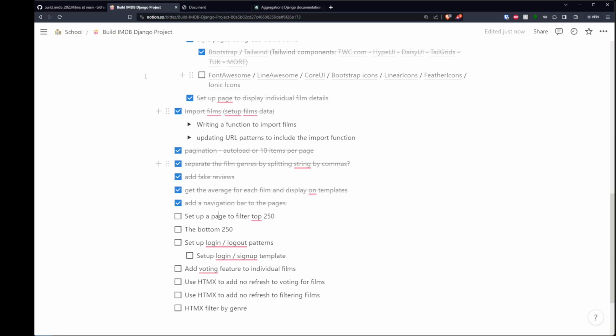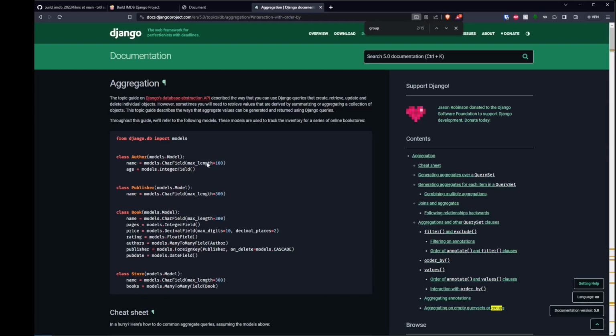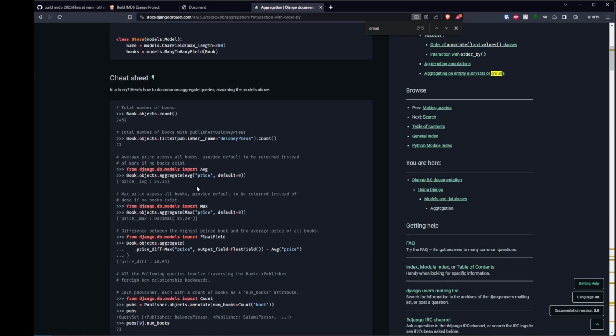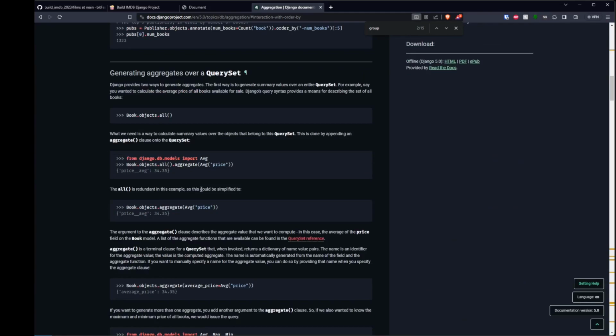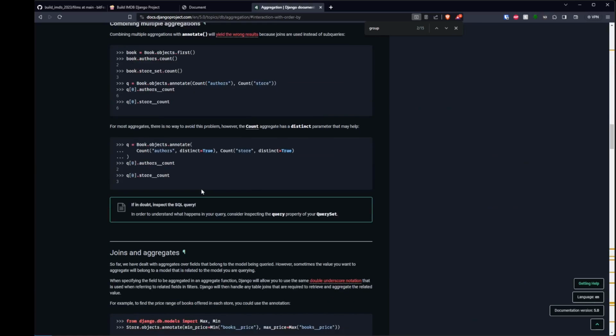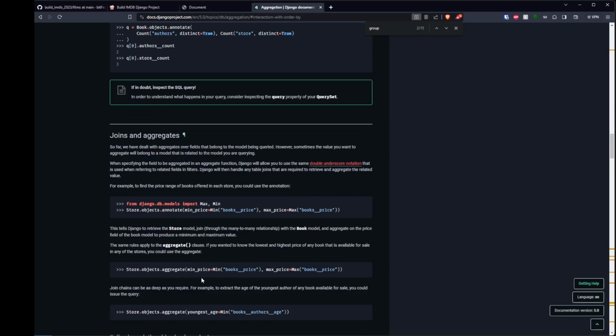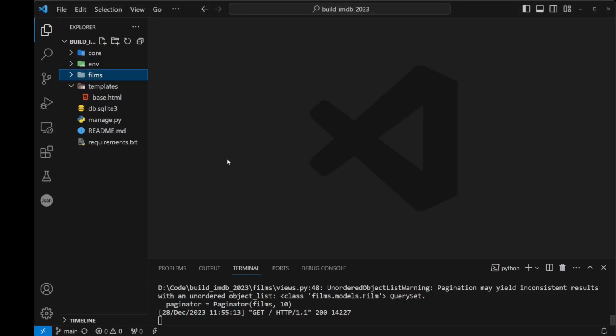Now, doing this query, actually, we might make some other changes. So looking at the way aggregation and annotation works, what I've come to realize is, I believe it was here somewhere, we may actually change the way we do annotation. Yeah, I think this is the one I was looking for. So we may change the way we do annotation. Sorry, we may change the way we do aggregation, because at the moment, currently what we're doing, if we go